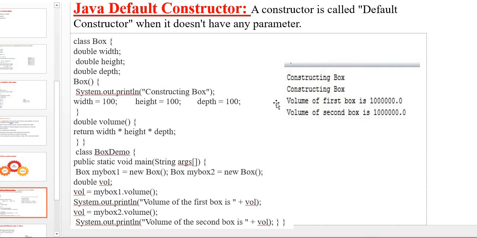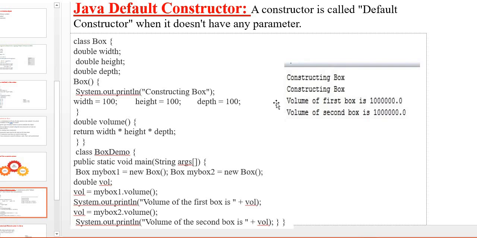Next, as a part of the class Box, one more method is defined just to return the multiplication of the three instance variable contents. Next, I am taking one more class where I am defining the main method, that is BoxDemo. Within that I am creating two objects, mybox1 and mybox2, and I am calling the volume method corresponding to mybox1 and mybox2.